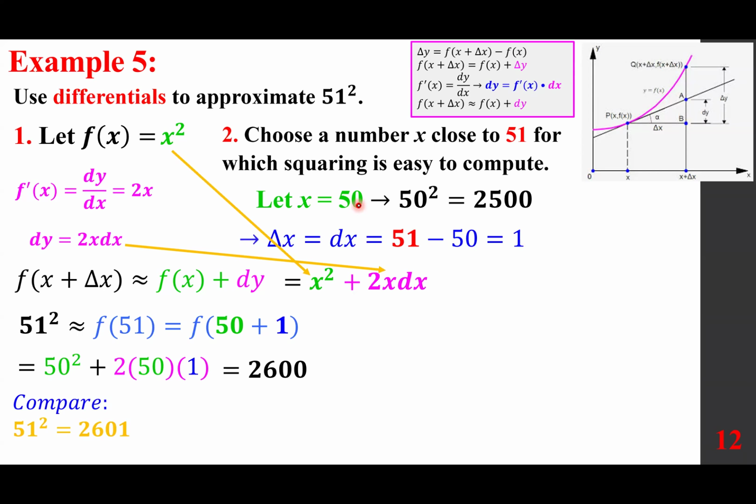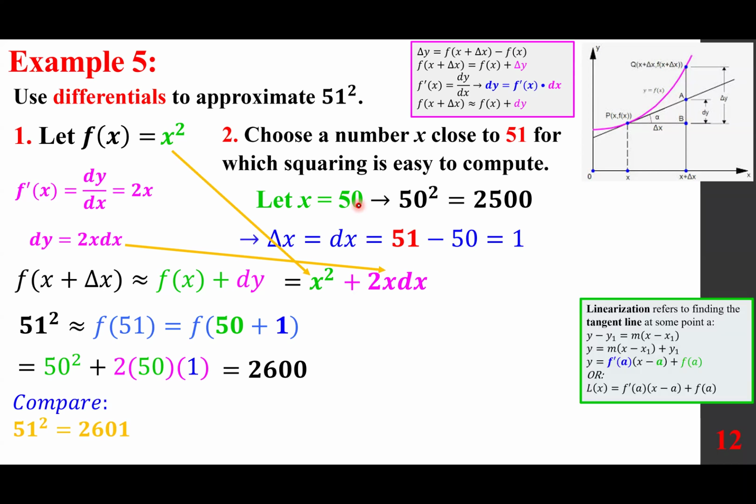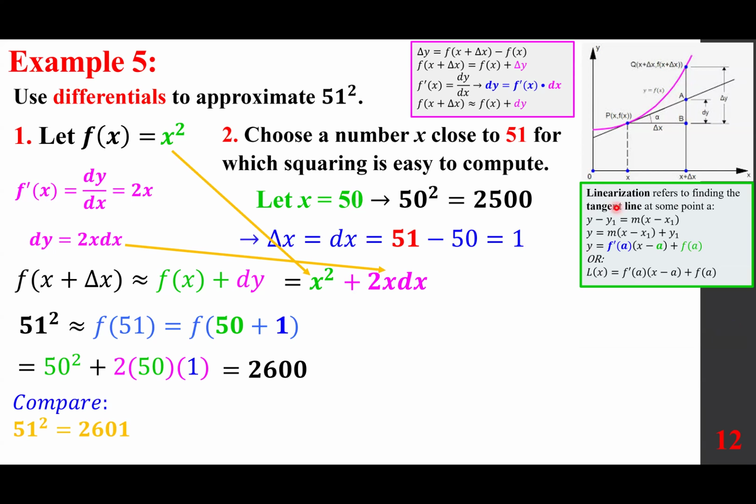We are done. However, I want to remind you, linearization refers to finding the tangent line. So if you find the tangent line and evaluate it at x equals 51, it must give you precisely the same answer. So as you do your work, your assignments, they may ask you for this method or this method or both. So the tangent line L of x is of interest to us for the function y or f of x equals x squared at x equals 50, which means